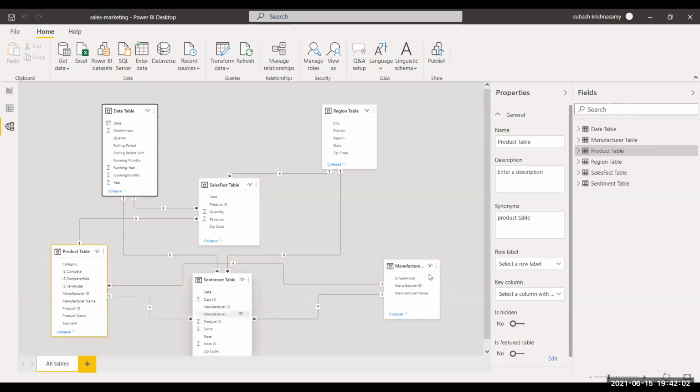That means manufacturer ID is getting linked over here, which is flowing the data into this, and this data is flowing over here on the basis of product ID. Now, if you see this table and this table, it creates that ambiguity that manufacturer to manufacturer is flowing over here. How will that data be related? Is it based on a manufacturer or is it based on a product ID? So two relationships are coming into this table. It is saying that you can only keep either that complete flow on the basis of the product ID or the manufacturer ID. So that is why it is showing this as a dotted line.